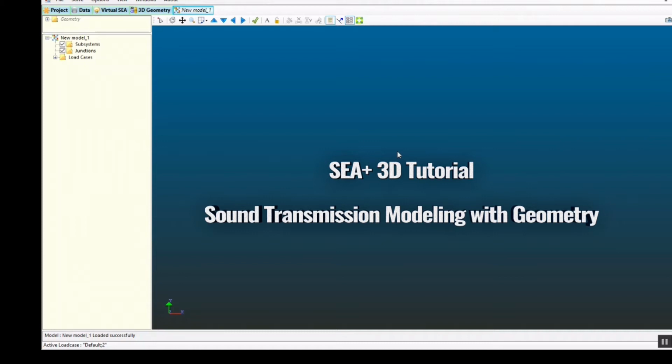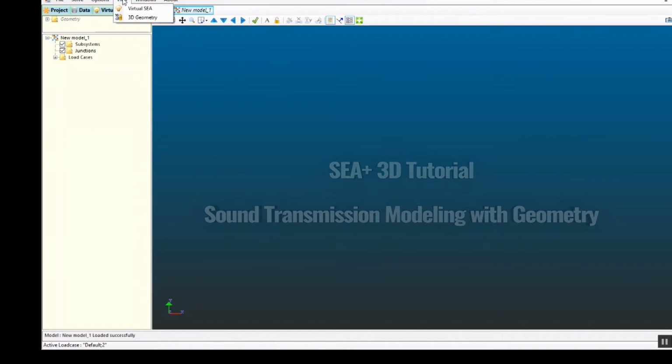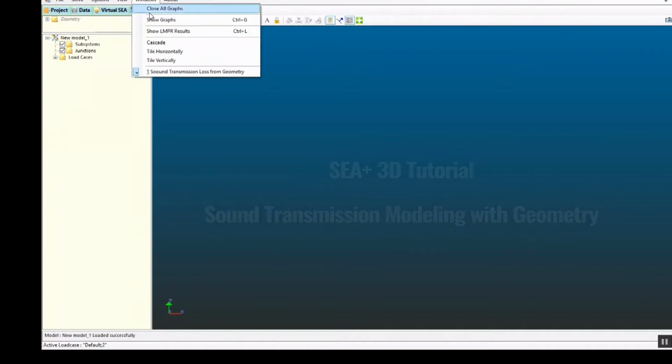This is the version 2018 implementing the 3D feature, and this video is intended to demonstrate how to quickly start with 3D geometry and build a mesh sound transmission model using all the new features. Compared to the older version, you have a new 3D geometry tab. You can also find this tab here if it is not apparent